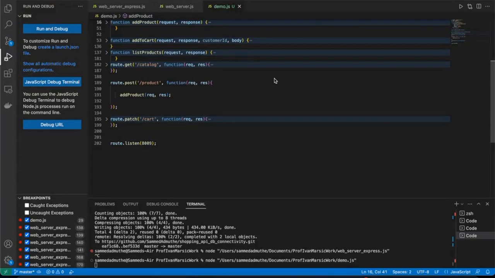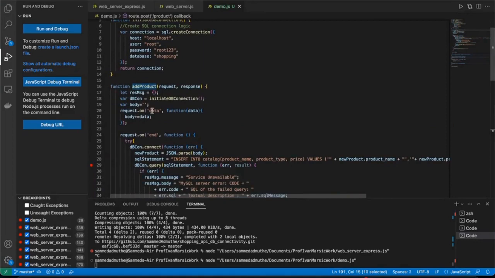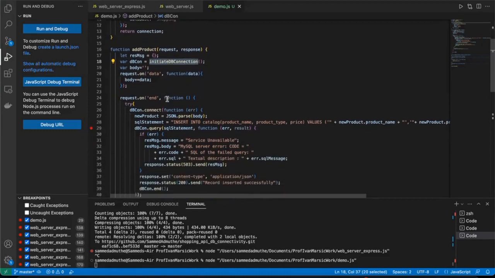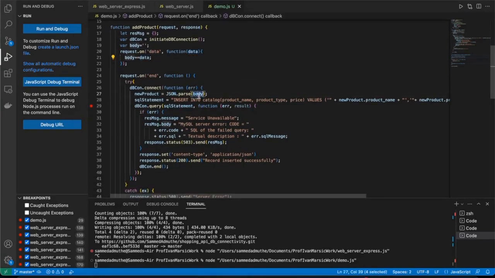Now as the server is listening at port 8009, any request to that port would be redirected to the appropriate route handler. So in this case, a post route would be called, and as a result, the add product method would be called. In the add product method, what we do is we first initialize the database, that is, we define the connection string and then finally connect to the database. And during the process, we also extract the body content from the Postman HTTP API call. So if you remember, we specified the fields that we need to insert into the database, and then we parse the body